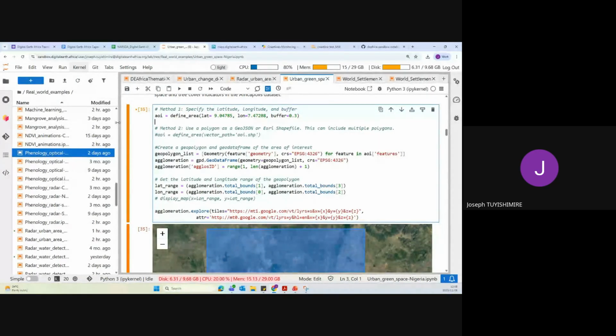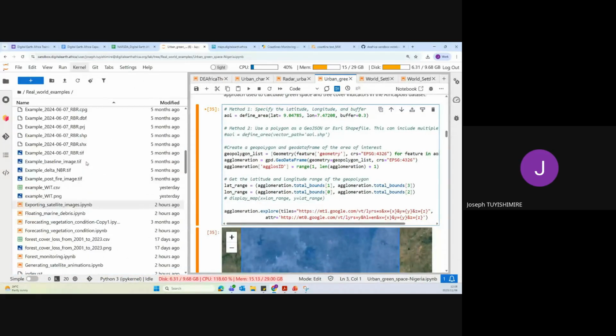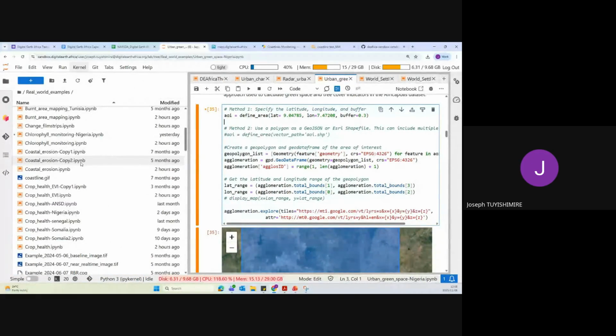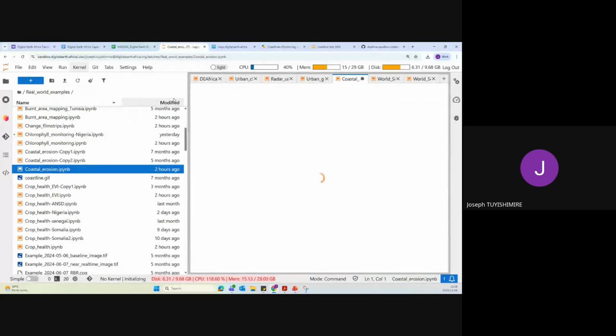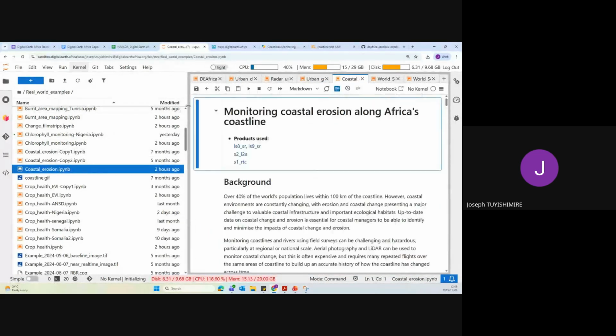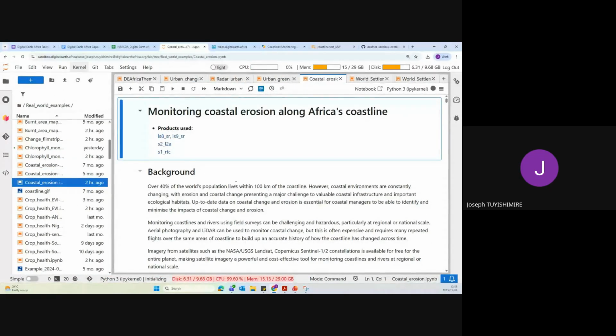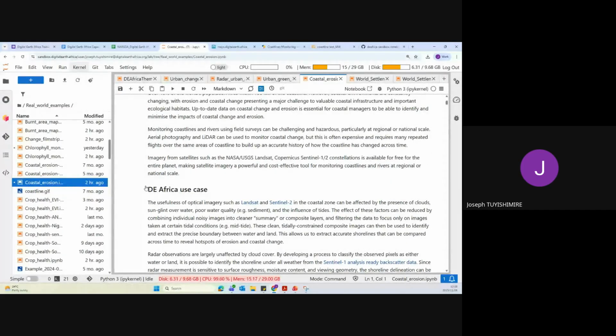we can go into our DAfrica notebook in the DAfrica sandbox, load examples, and the notebook called coastal erosion that uses all these images, the Landsat, Sentinel-2 and Sentinel-1, which is radar, and we can